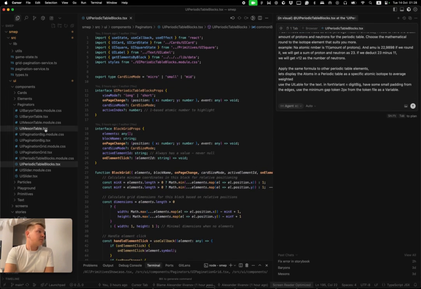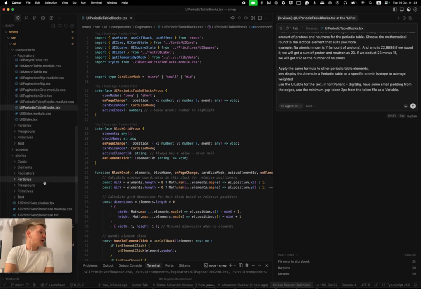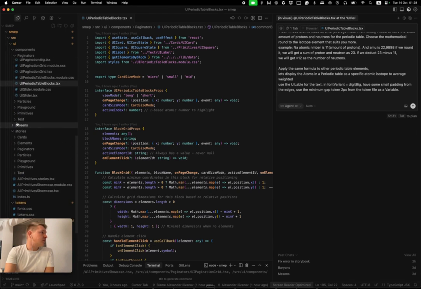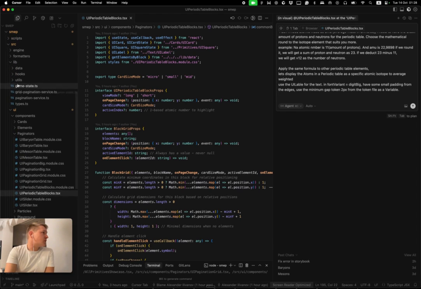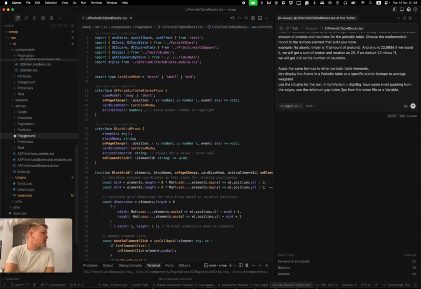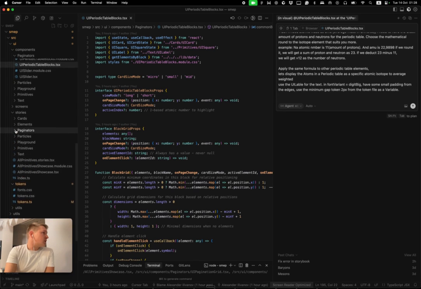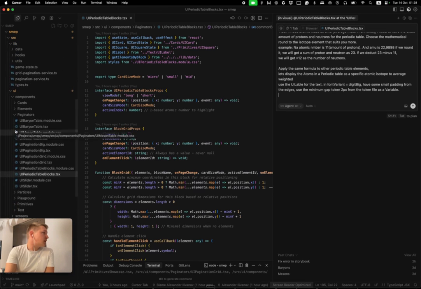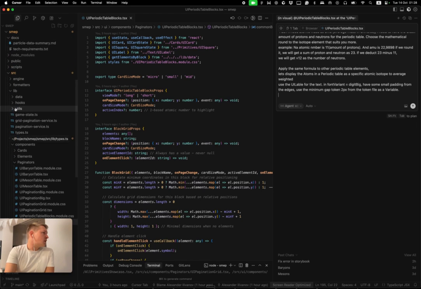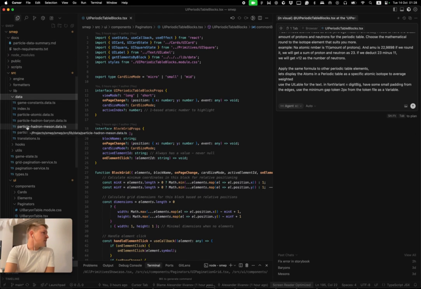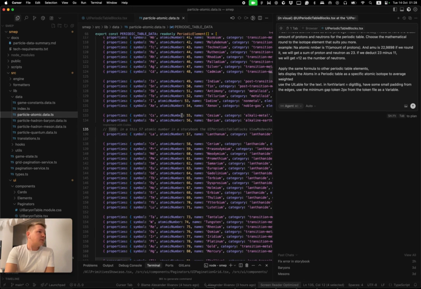For example, when I'm navigating around, I can find our next step, I will show it to you here. Oh, I don't need the companions any longer. I don't need the stories. I want my data. Where is my data? Here's my data, and here I have my particle atomic data.